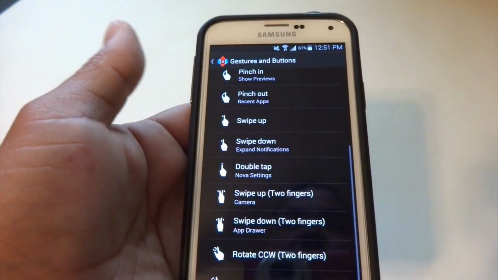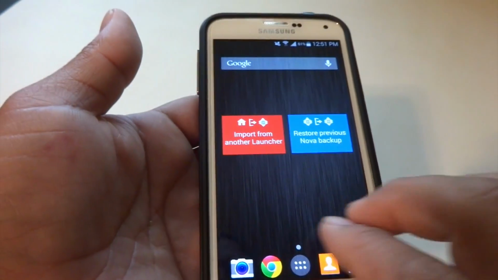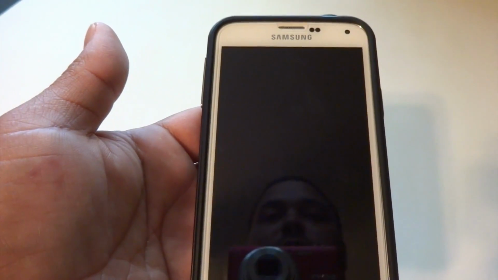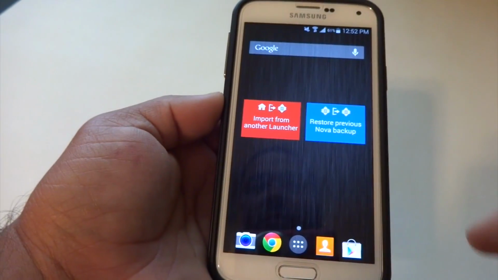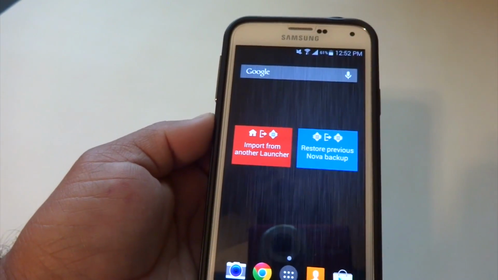So I'm going to choose camera. So now, two-finger swipe up, and it brings me into my camera app there. Very easy. Okay, so some of the things that you can do with Nova Launcher, like I said, you can